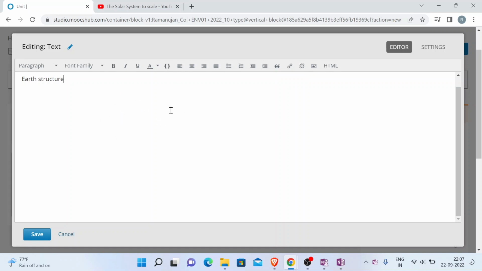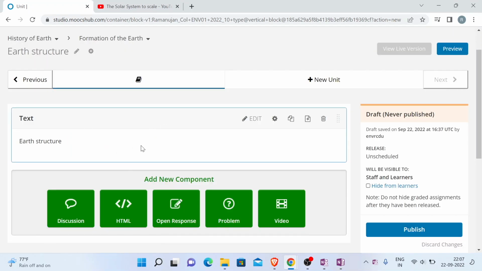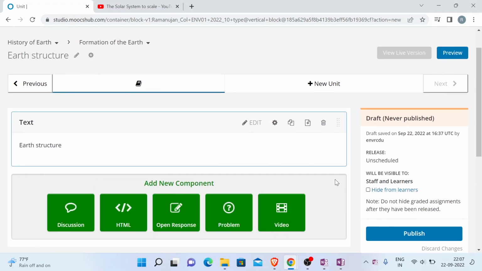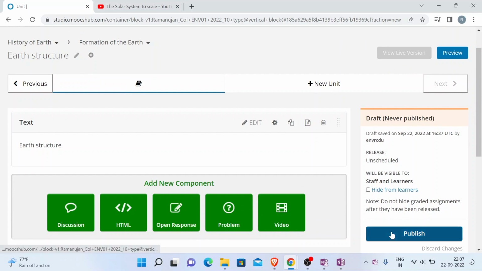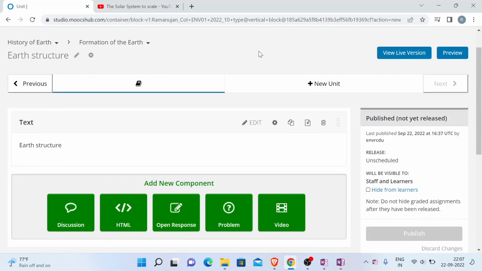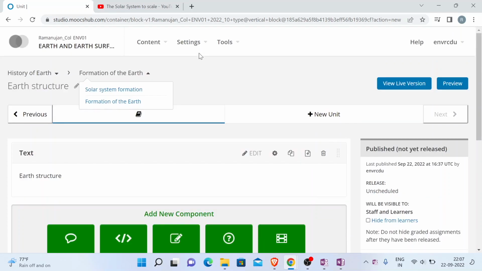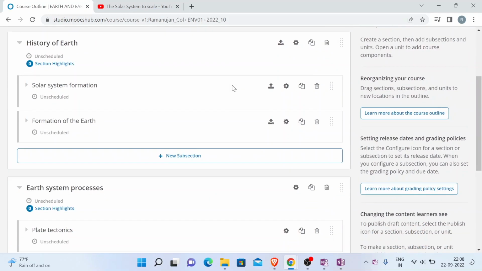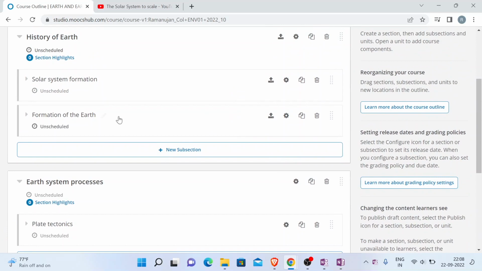You can put all your contents here, and after that you will click on the save button. So this content has been added, and after that again don't forget to click on publish. Without that your students will not be able to see the changes. So make sure that you click on this publish button whenever you add some kind of content. Okay, so this was how to add